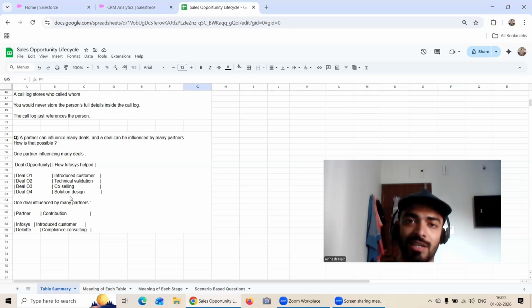And Deloitte, what is it doing? They are just helping to get the compliance consulting. The data is ready with you, but are the relevant people seeing the data? That kind of compliance they can be doing. Certain KPIs which have been reflected, are they really showing the exact numbers? The numbers which were there in Click, have they changed due to some technical work which had been done in the CRM? So that's more like compliance consulting. That answers how one deal can be influenced by many partners as well.